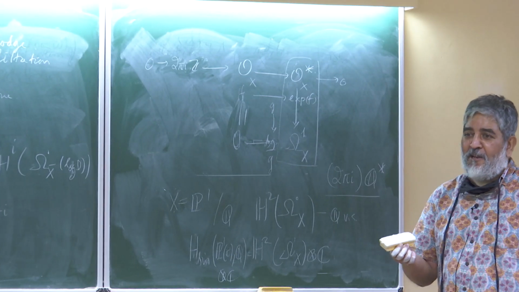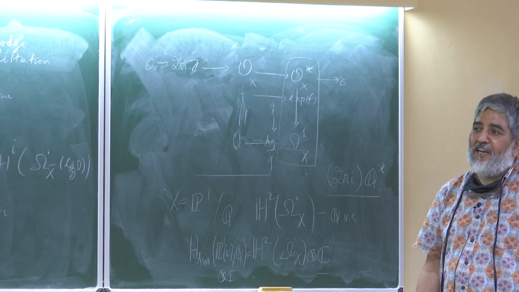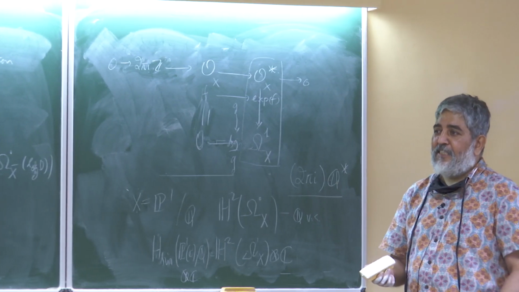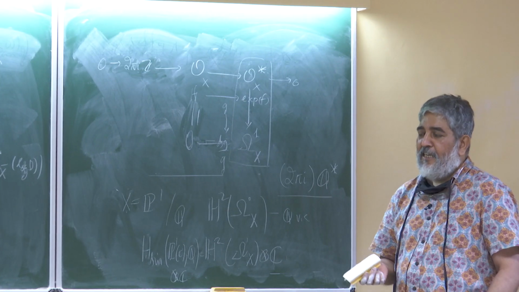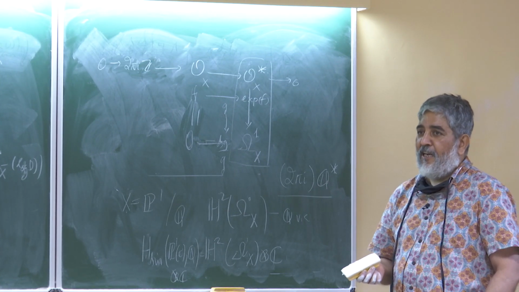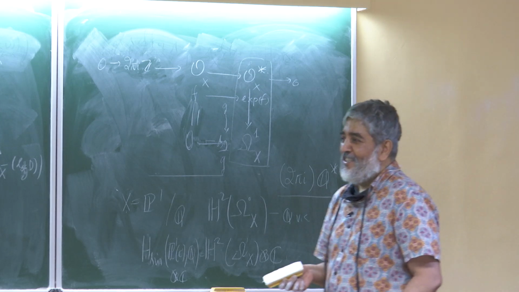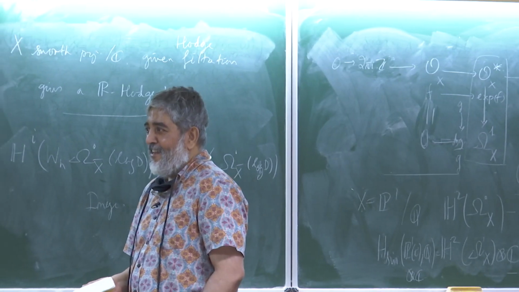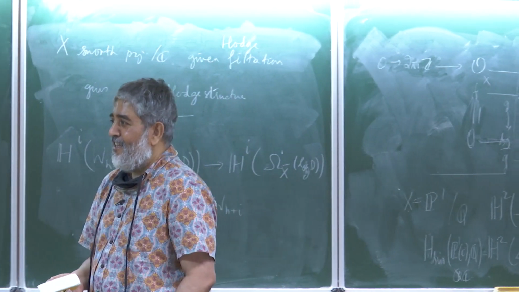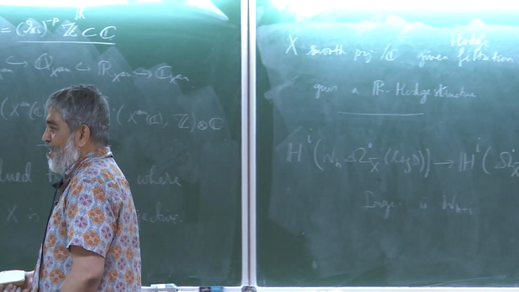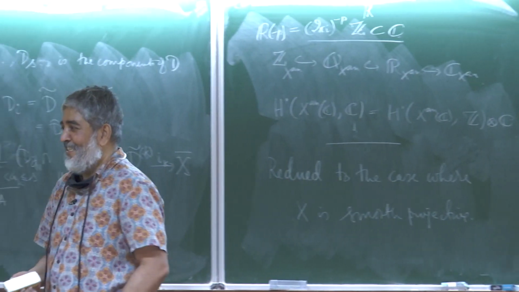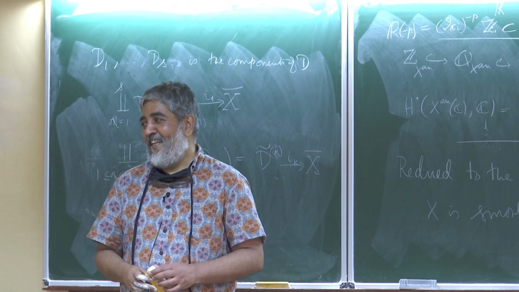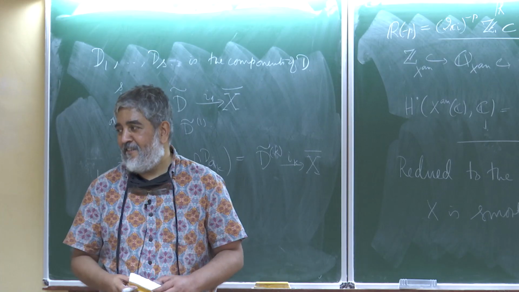But by the way, Nitin pointed out to me, and if any of you are reading Griffiths-Harris, you should be aware that in Griffiths-Harris, the way they define signs for the first Chern class, it turns out that all positive line bundles are negative according to them. So they have actually made an error of sign. There's a paper, I think, of Atiyah and Hitchin, which has an appendix about the 8 different definitions of the first Chern class in the literature, and the comparison between them. It's the same paper, I think.